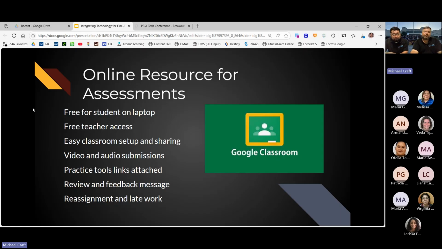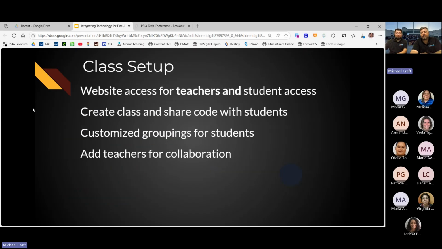And then the last little point there, the reassignments of late work. We want these kids to have every opportunity to pass, while understanding that they are accountable for whatever it is we're performing, whether it's the warm up, whether it's all region scales, whatever. Now the accountability is much higher for the student. And year round, we find a way to use it all year.